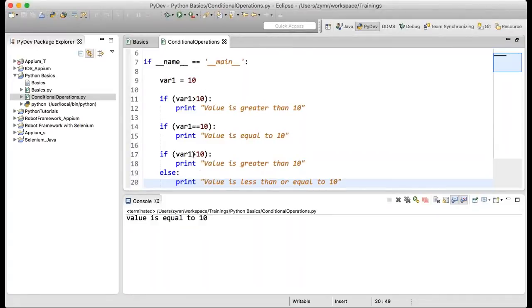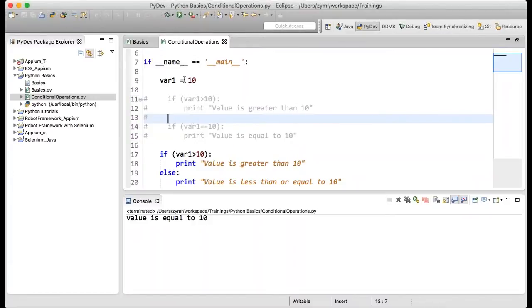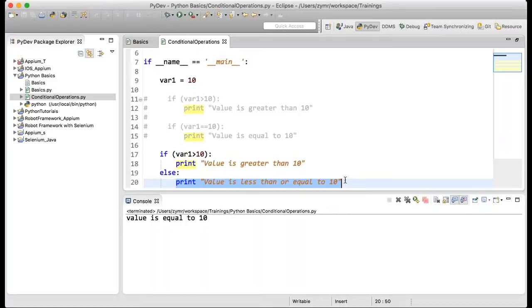Now you see that as of now I will comment this code. If you see now, var1 variable is having 10 as the value. In this if statement it will evaluate this expression, saying this condition is false. So it will immediately go into the else loop. Fine, in this else loop it will simply execute whatever things you have mentioned in the else loop.